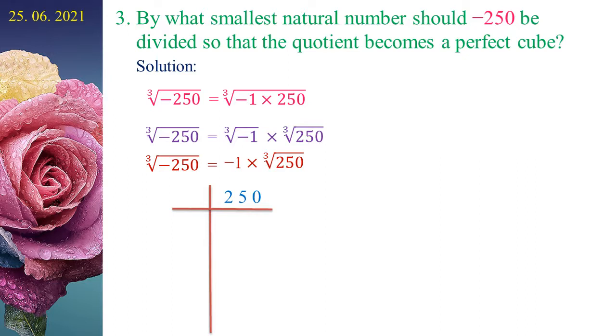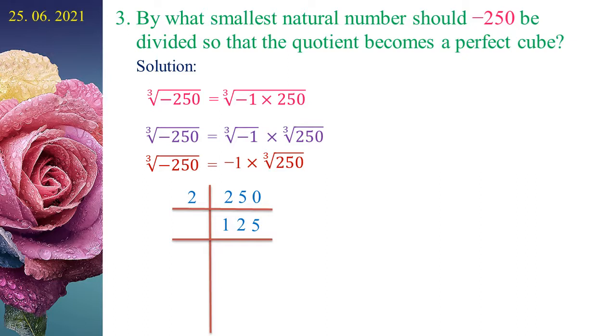The number 250 is ending with an even number. So, we can take the first prime number 2. The number 250 is divisible by 2. 1 2 is 2. 2 2s are 4. Balance 1, 10. 5 2s are 10. The number 125 is not divisible by 2 because the ones digit is not an even number.